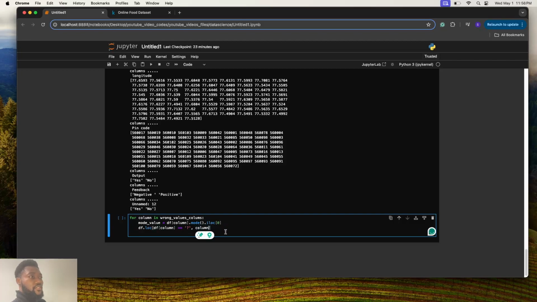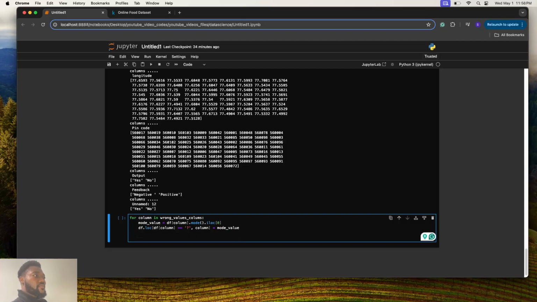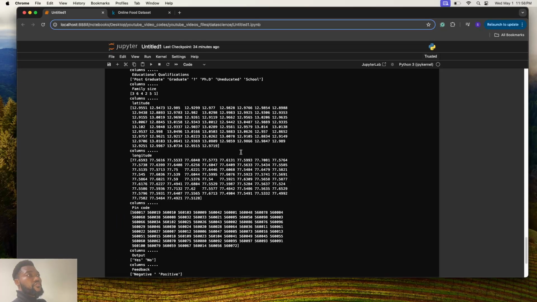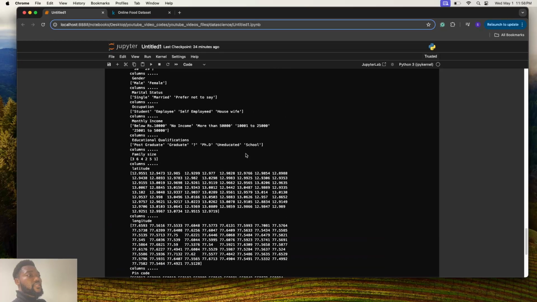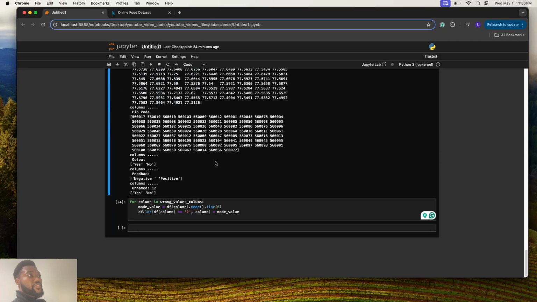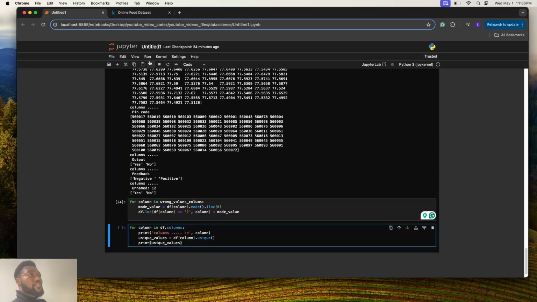It's going to be column equals to. So at this point, we've gotten their mode value, so we're just going to put it here, mode value. After doing this, if I run this code, hopefully there's no errors. Yeah, there's no error. I am going to now come back and print all unique